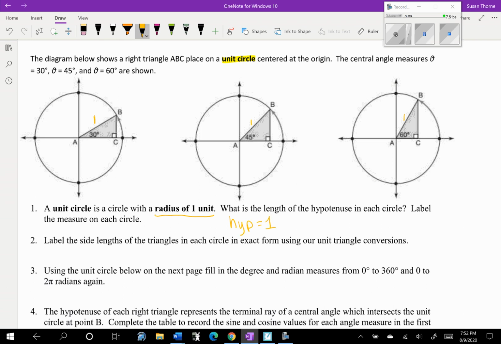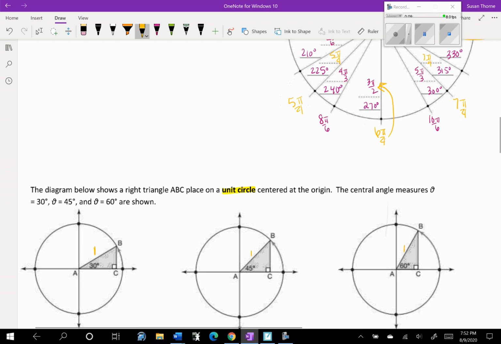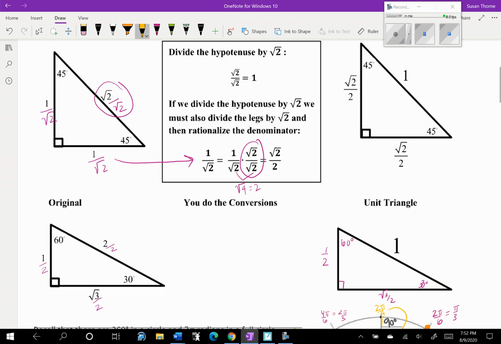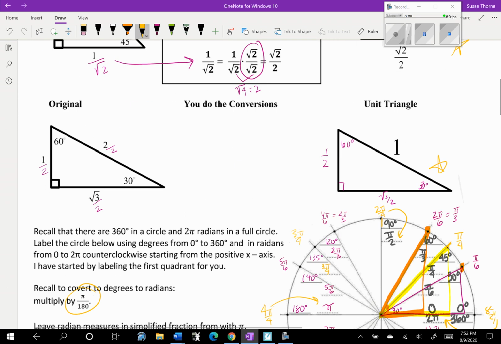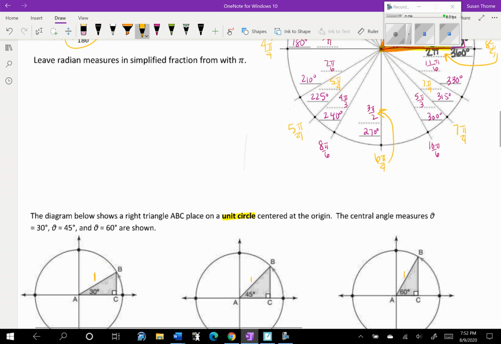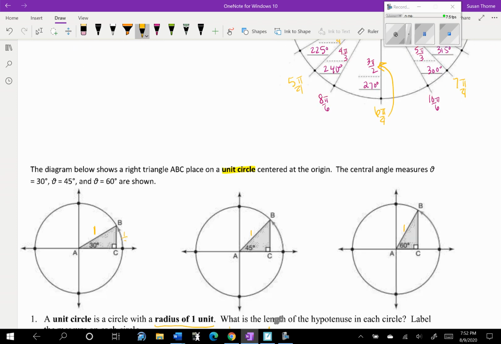And then it says label the side lengths of the triangles in each circle in exact form using our unit triangle conversions. So if you go back up here, remember we did the unit triangle conversions. This one was for the 45, 45, 90, and this is for the 30, 60, 90. So look, across from the 30 is 1/2, and across from the 60 is root 3 over 2. So across from the 30 is 1/2, and across from the 60, which would be this side, would be root